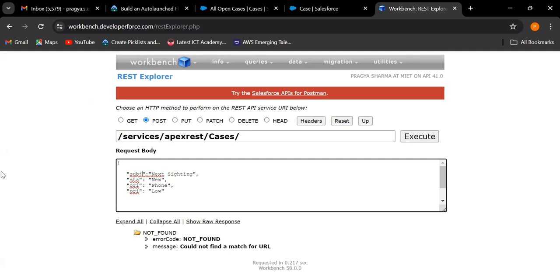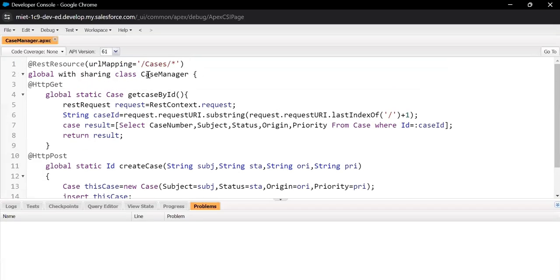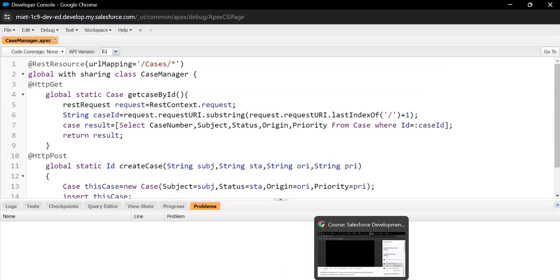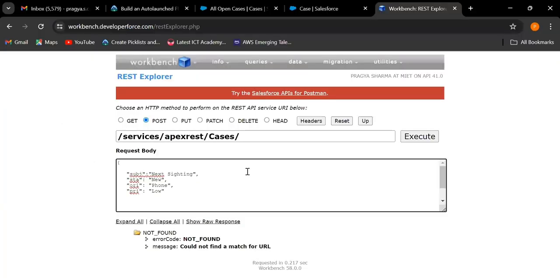Which method for this resource will be invoked? The post method will be invoked. We are not making a get request. We are making a post request now. So the post method of this resource will be invoked and the URL would be this. Whenever you are looking for this URL slash cases, and we are providing all this information, now if I go ahead and hit the execute button,